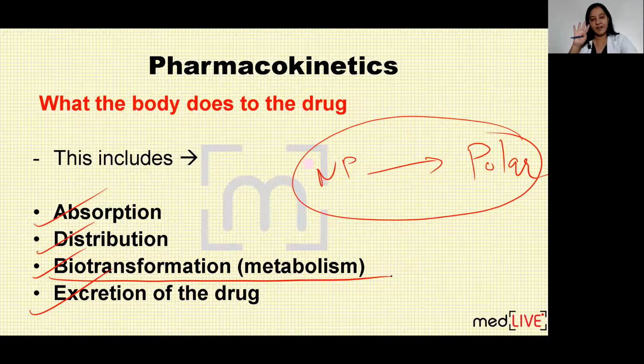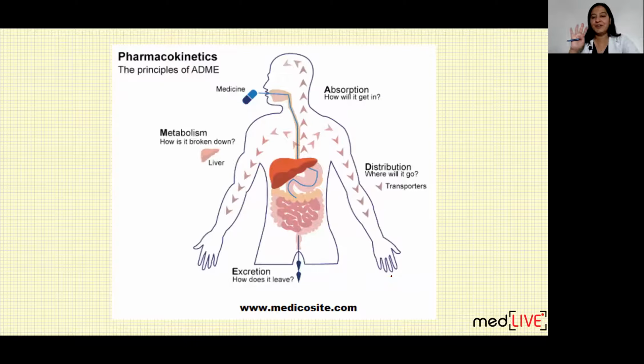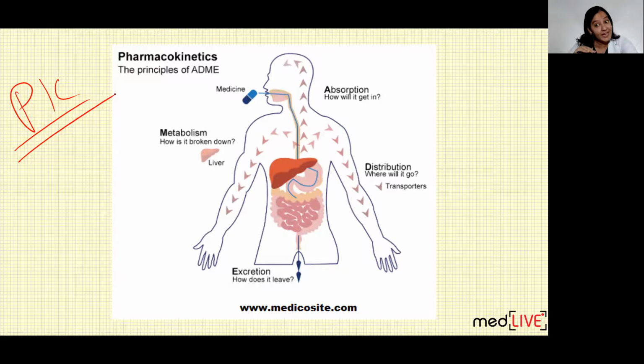So there are 4 steps the body does to the drug. I am discussing pharmacokinetics. What is the definition? What the body is doing to the drug. As soon as I take any drug, the body does 4 things to that drug. First, the body absorbs that drug. Suppose I am taking a drug through the oral route. Can you see this is the capsule? The person is taking it through the oral route. So the drug is going inside, and from the stomach and intestine, the drug is absorbed into the systemic circulation. This process is known as absorption. That is the first step.